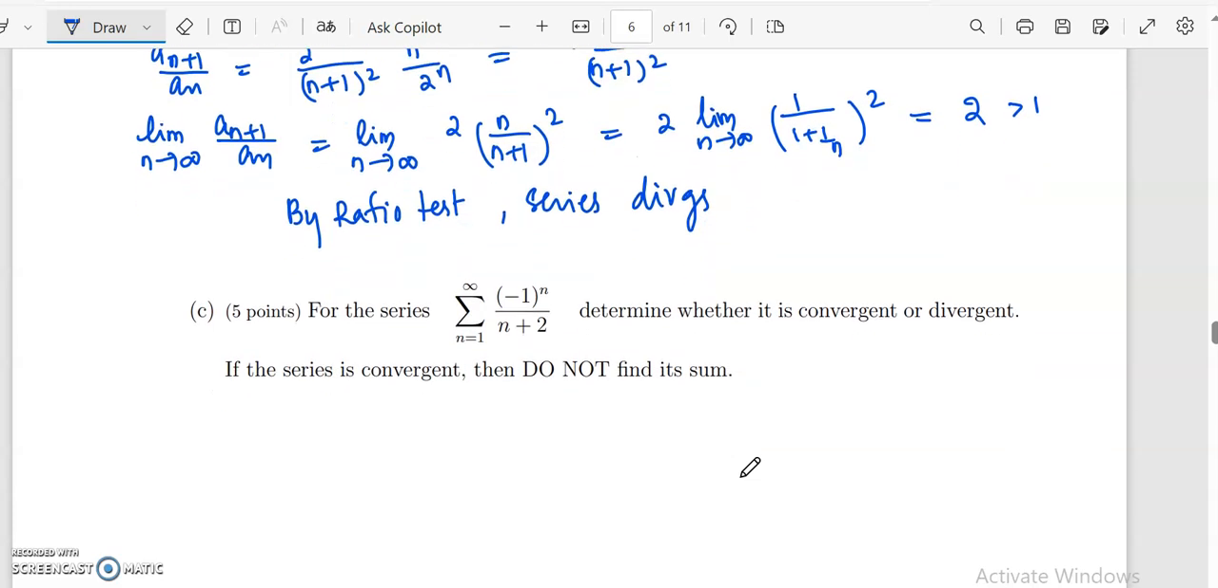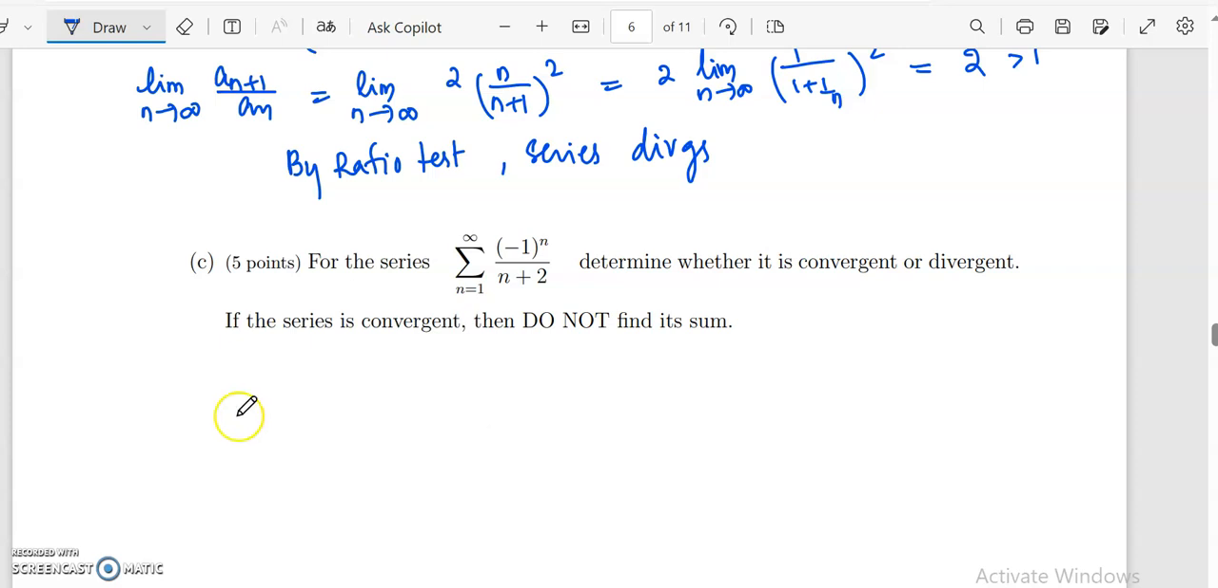And next one, for the series summation n equal to 1 to infinity (minus 1) whole power n by n plus 2, determine whether it is convergent or divergent. If the series is convergent, then do not find its sum. So here we'll use the alternating series test. So we have a_n equal to 1 by n plus 2. So a_n is positive,